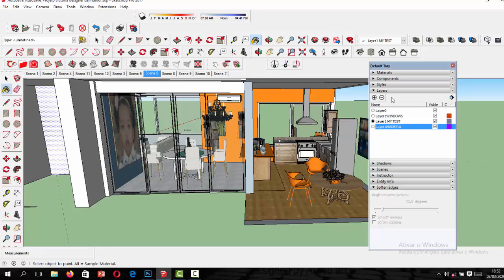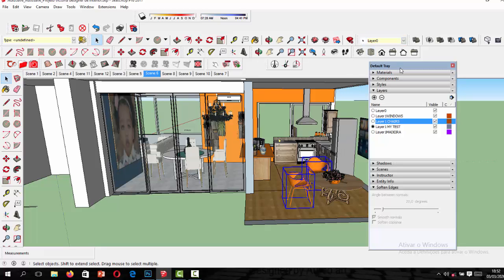So people, I'm going to create a layer. To create a layer, after you go here to Layers, you click here on the plus to create a layer. You name it, for instance, chairs, and it is already created. So what is the next step? You must select the object. You have to select it. So I'm going to select my chairs, Control,